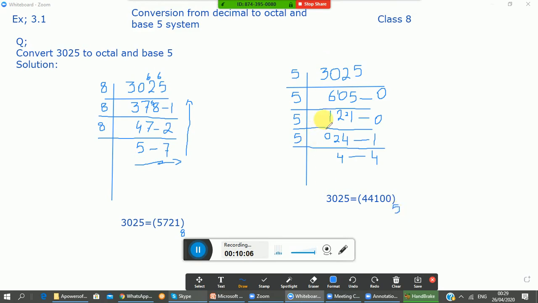So in this way we can convert any decimal number into a base 5. And keep in your mind, we will move first in a right direction. We have to write the remainders. These are the remainders. First we will move in a right direction, then we will move in upward direction. So first we will start from here, 4 4 then 1 0 0.